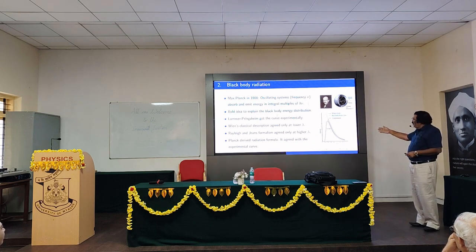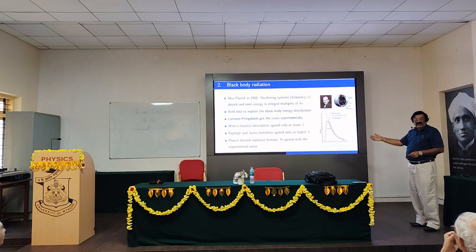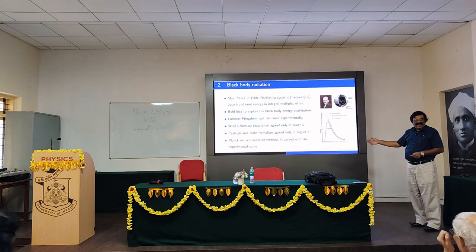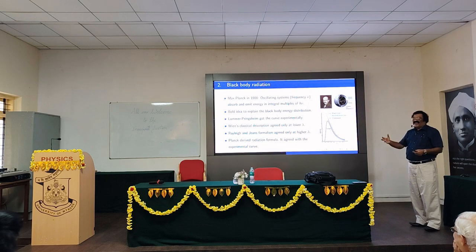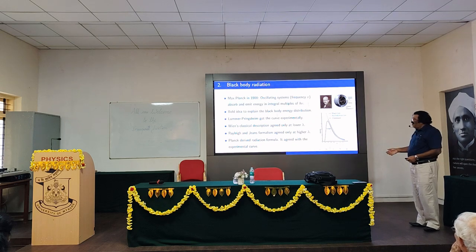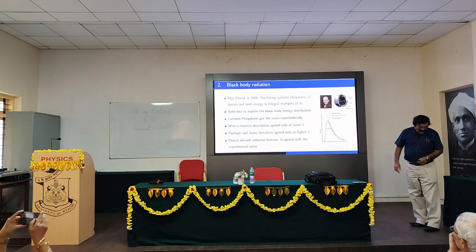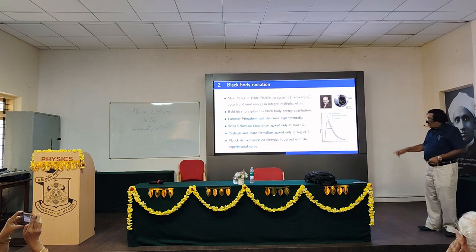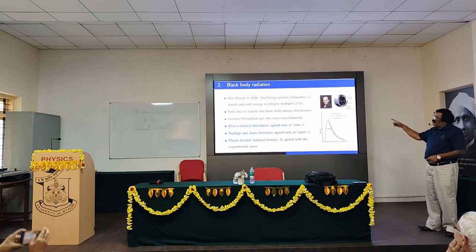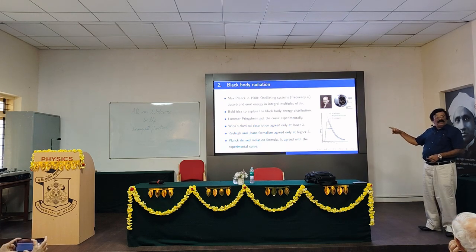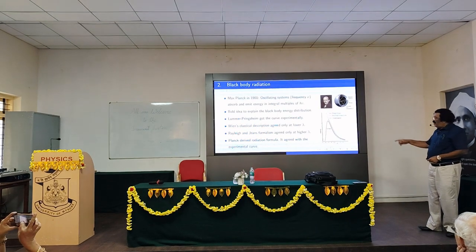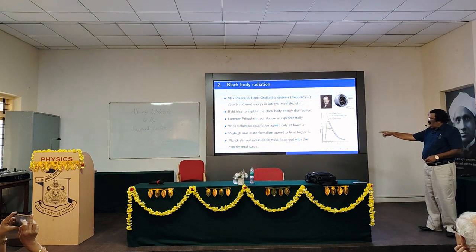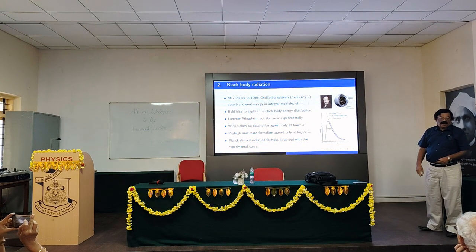In fact, at that time people said that it led to the ultraviolet catastrophe, which means you just take any body, heat it to a certain temperature, and you get all that you want: X-rays, gamma rays, everything. However, this experimental curve could not be explained by either Wien or Rayleigh-Jeans. Planck made this bold hypothesis. Using that, he came out with his own expression for the blackbody radiation.